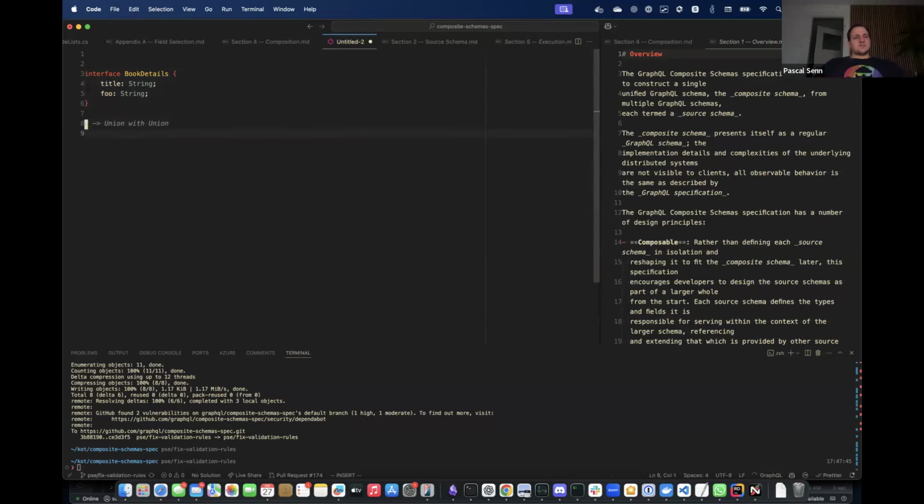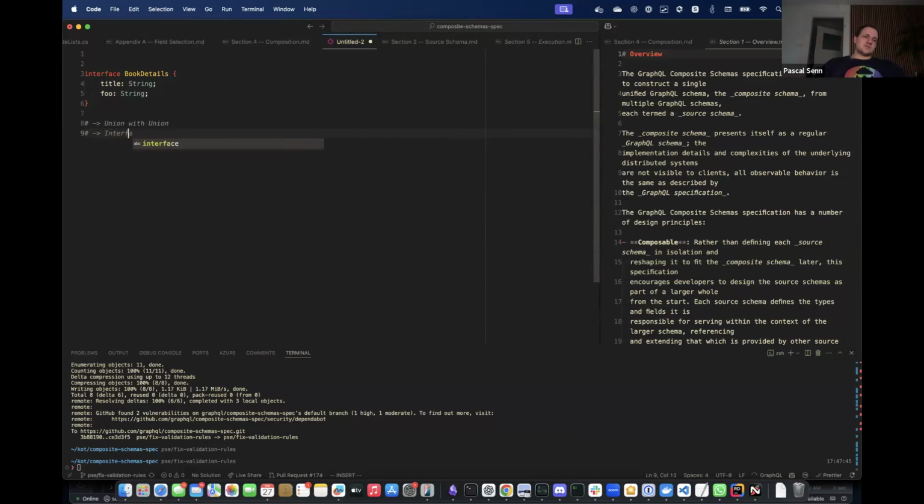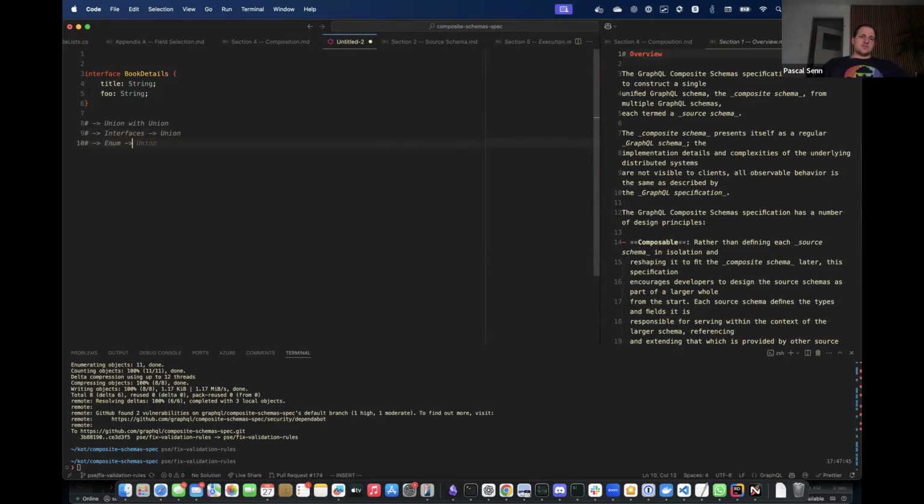Then for interfaces, just to fix this, I know we have talked about it before. We also use union, and just for the record, for enums we use strict match. Okay, that's good. That's all I need. Then we can clarify this in the spec text. At the moment, it is, I believe, specified like this. So that's good. Cool. That's it.